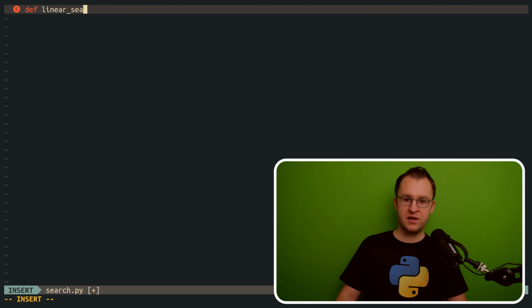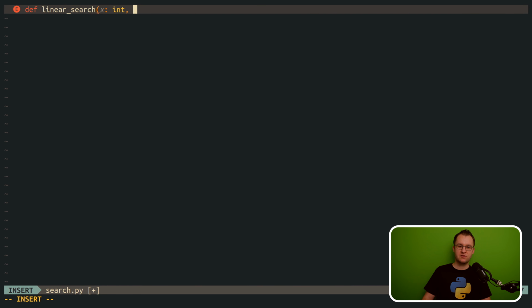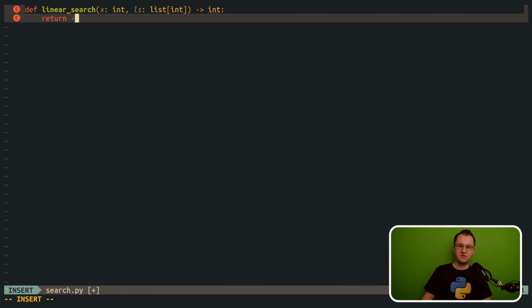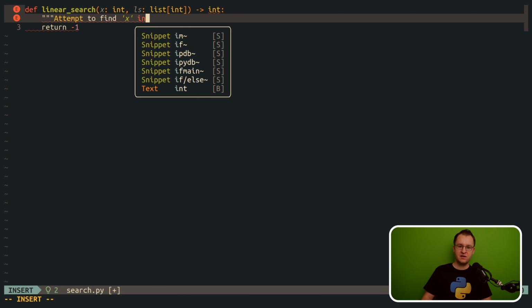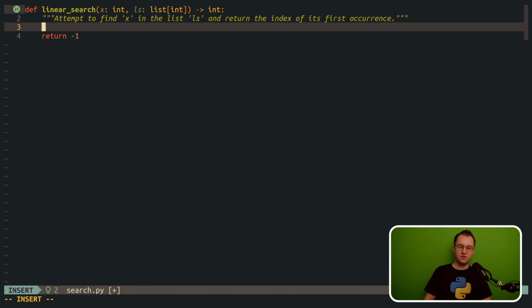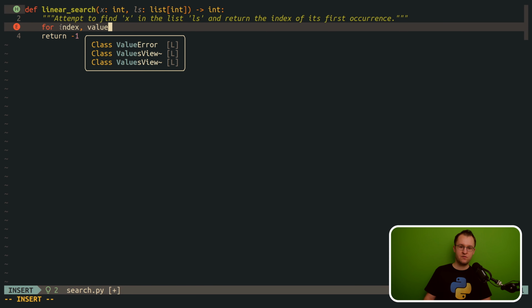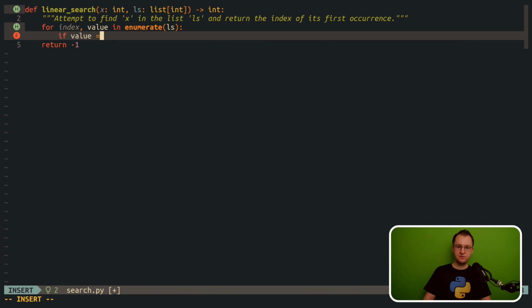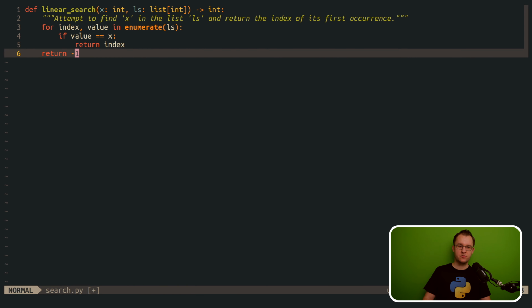Now, before doing anything else, I want to quickly establish a baseline for our development using the naive approach that's known as linear search. This simply means that we iterate over the whole list from left to right, and inside of the loop we compare the loop's current element with the element x that we are looking for, and as soon as the two are equal, we simply return the current index of the loop. This index then corresponds to the first occurrence of x inside of our list, which is exactly what we wanted. If x could not be found in the list, we return -1 to make it absolutely clear to the caller that x is not contained in the list.